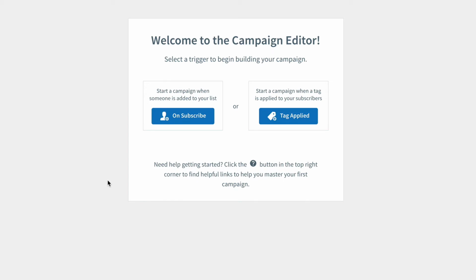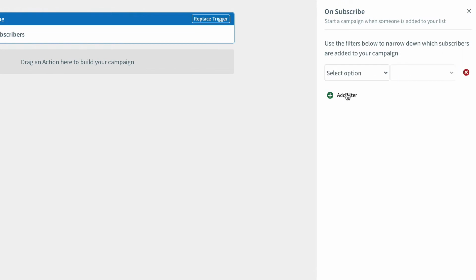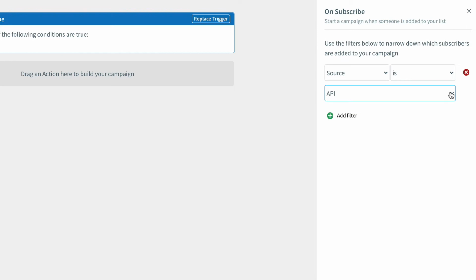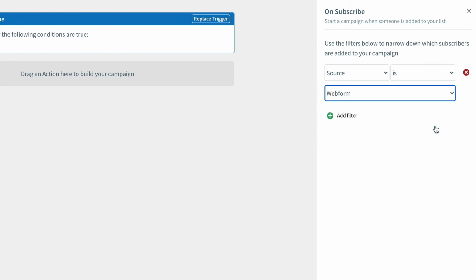With campaigns, subscribers can begin receiving your campaign based on the OnSubscribe trigger you select. You can have multiple campaigns created using a combination of different OnSubscribe triggers. When creating a campaign, click the OnSubscribe campaign trigger, and then from the drop-down menu you can select the source. This is basically telling this campaign to pull in subscribers from this particular source. You can even add multiple sources so there can be multiple ways subscribers are coming into any one particular campaign.